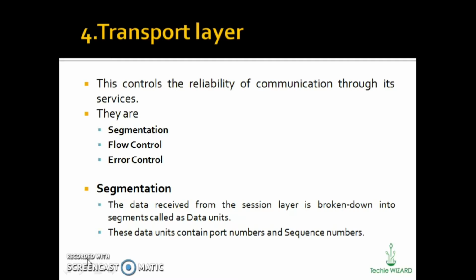These data units contain a port number and a sequence number. And what is this port number? Port number is nothing but it contains the IP address of the source and the receiver. And the sequence number is the number which sequences the data units in the correct order or correct format.